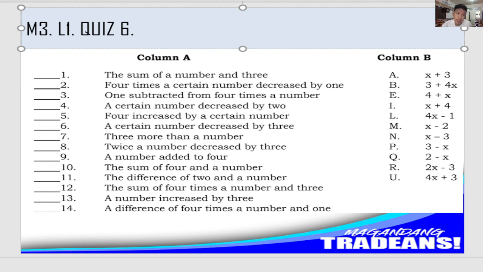Okay, for example, your answer here is letter M. So, may M pala dyan. Letter Z na lang. Letter Z. Your answer is letter Z. So, you write the answer in letter Z, which is 2x plus 1. Ganyan. 2x plus 1. So, you are going to write also the answer on this side. Okay, ganun po pagsagot. So, I'll be giving you 30 minutes for this and you will submit this one in